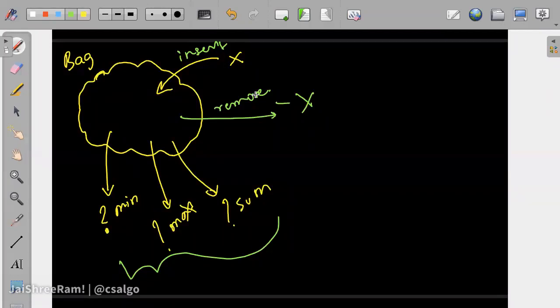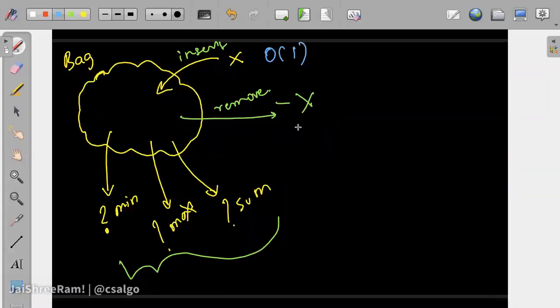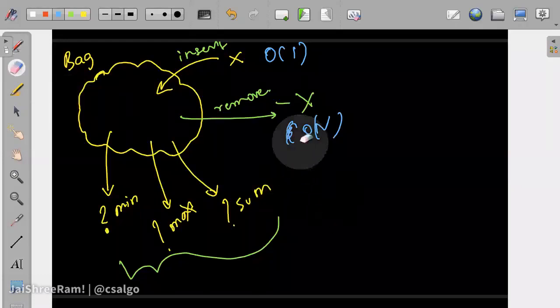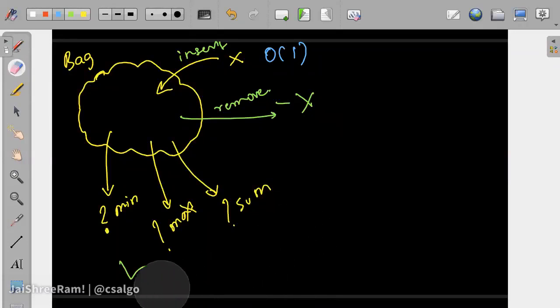So we can obviously do it in a lot of different ways, such that this may take order 1 and this might take order n. We can design something like this as well, but we want to do all of these things in a balanced way, so that irrespective of whatever the query is, the total complexity is still balanced. Like it's not shooting too high. So in such data structure designing problems, or algorithmic designing problems, you should try to balance the time complexities of the different operations that you have. So how can we support this? Multiset is a potential possibility. Anything else?